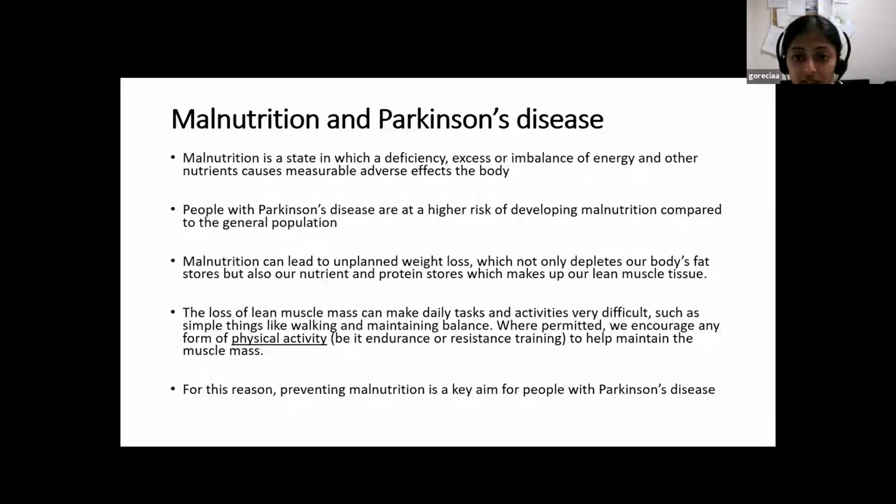So again, just touching on malnutrition, it is a state in which the body has a deficiency, an excess, or an imbalance of energy and other nutrients. We do know that people with Parkinson's disease are at higher risk of developing malnutrition compared to the general population. And it can deplete our body not only of weight, but most specifically lean muscle mass. So our muscles are what enable us to remain strong and independent. And really, that's what we're trying to preserve when we're looking at diets in Parkinson's disease. It's trying to preserve that muscle and make sure that we're able to stay as strong and as independent for